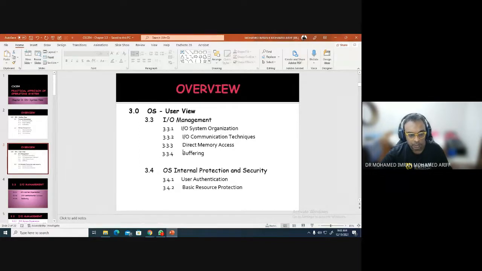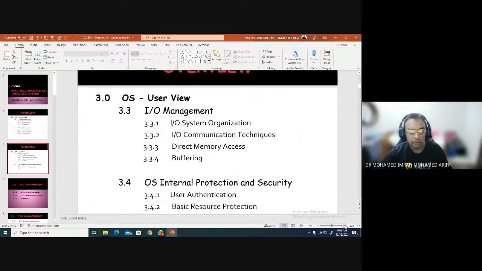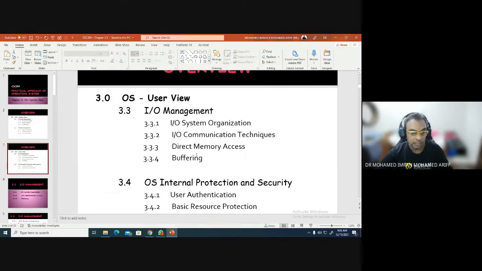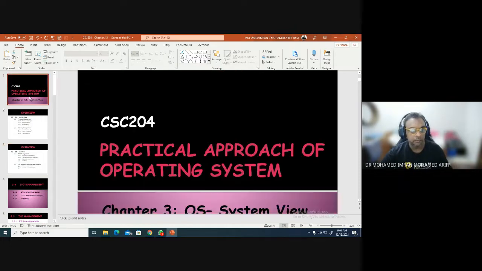Okay, input-output management. So what we are going to understand in this chapter is basically how the operating system and the computer system handle any input and output which is coming into the system and going out from the system. Okay, so there are a few techniques, methods and appropriate ways that are used by the computer system and operating system to handle any inputs which come in and go out from the system.